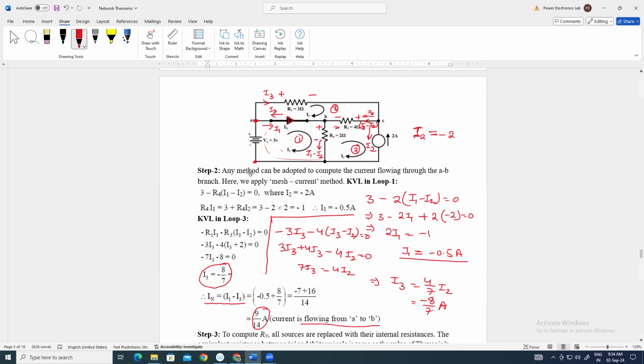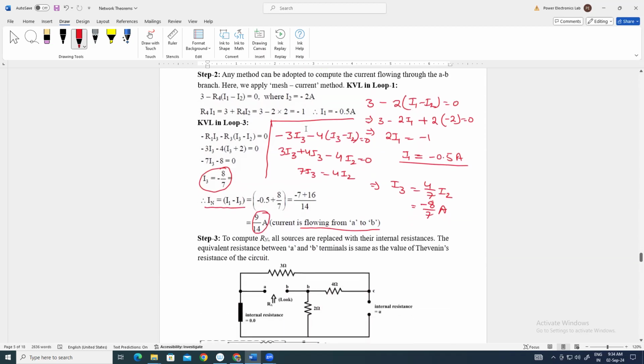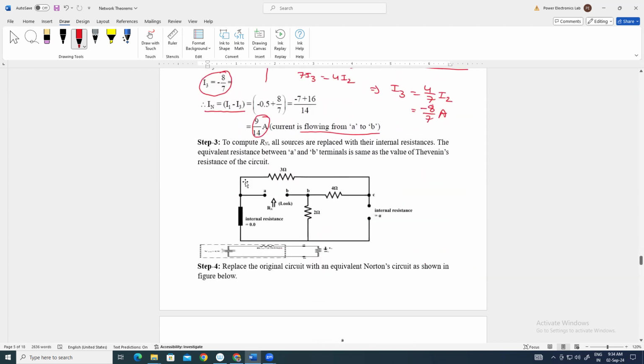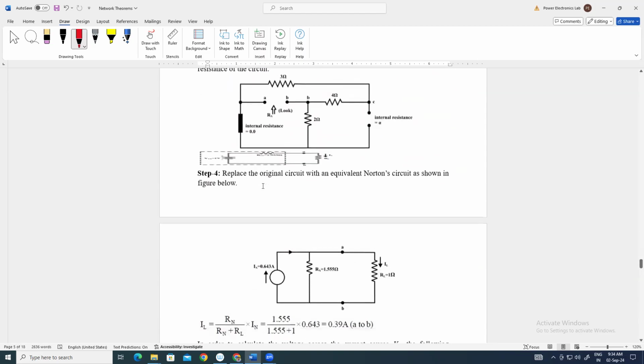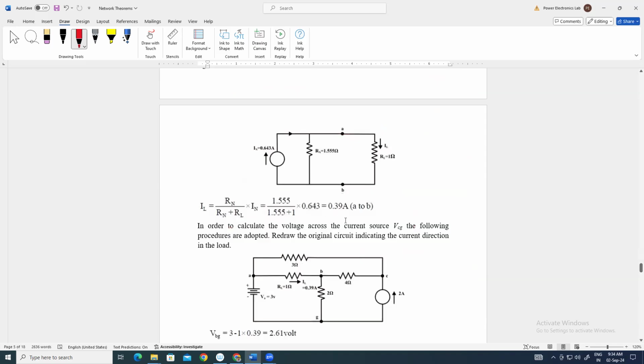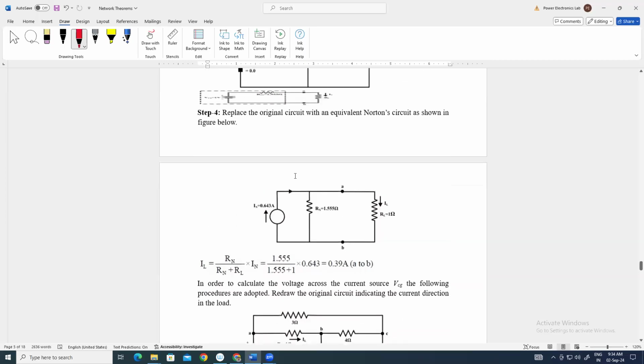Clear? So we have calculated the value of IN, and RN will be the same as RTH. RTH we have evaluated previously in Thevenin's theorem: RTH is equal to 1.555 ohm. That will be your RN, the same. So we will make the Norton equivalent circuit, and then we will connect again the